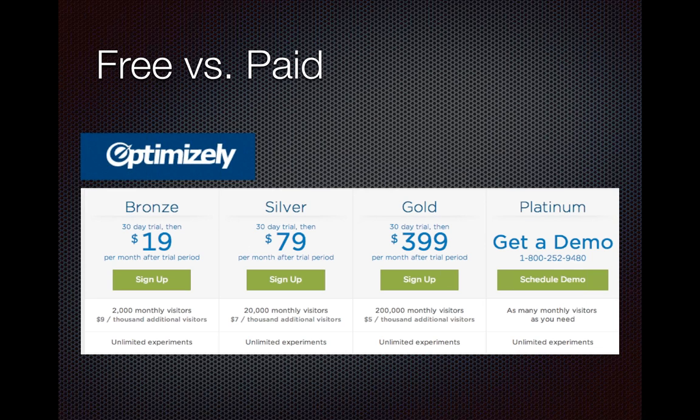Now, Google Analytics isn't the only split testing tool out there, but it is free. There are other ones like Kissmetrics, Optimizely and Visual Web Optimizer, and those all have different price points, and they cost money. Certainly when you get to a certain point in your internet marketing career or life cycle, or you're making enough money with your product or company, it does make sense to invest in some of these tools. But for the majority of us, we're just doing basic split testing,